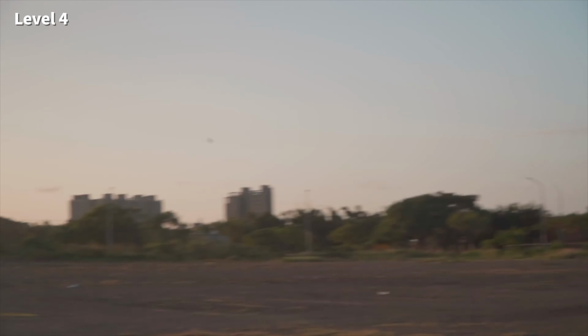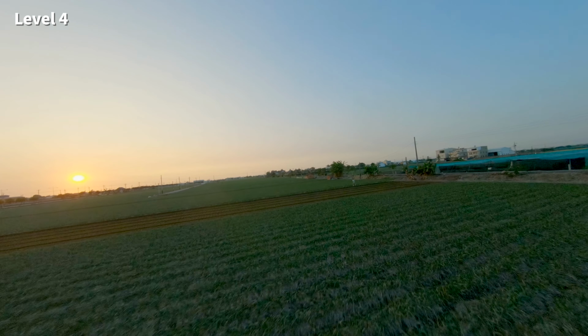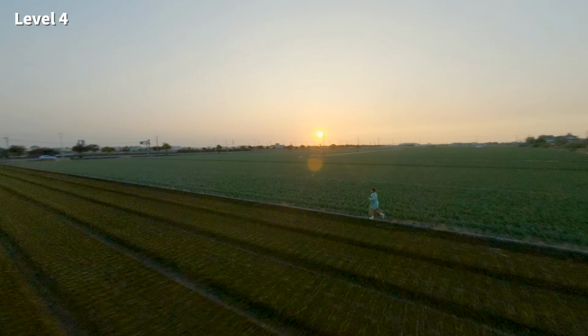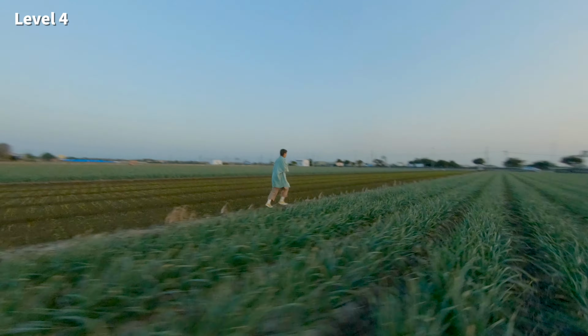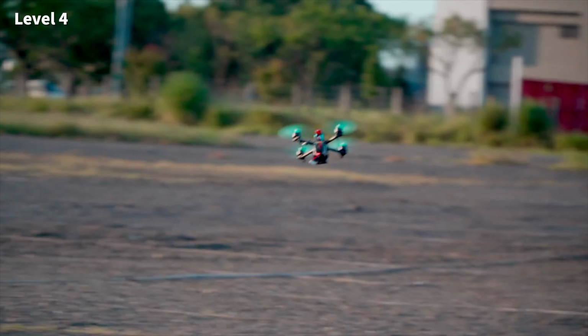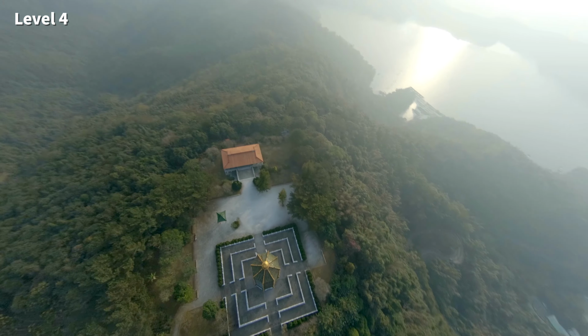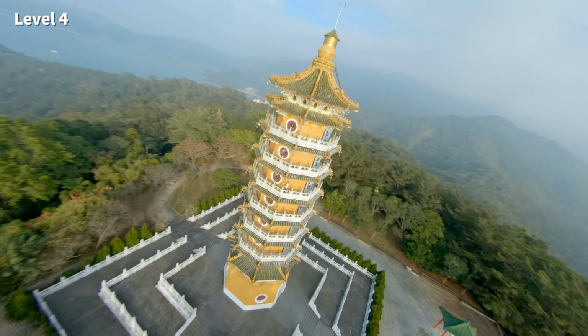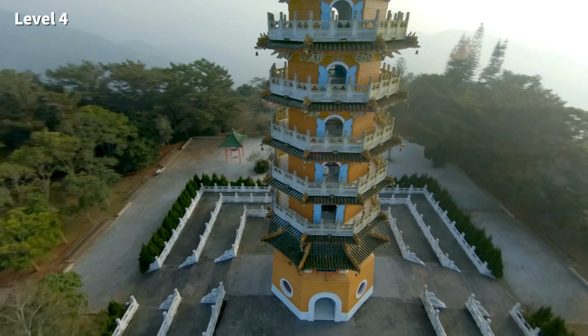On the speed side, FPV drone is much faster than the camera drones, so it's easy to quickly approach an object from a long distance without changing the video speed in post-production. And the throttle on FPV drone is a totally different design from a camera drone. You can shoot your drone to the sky like a rocket or let it free fall in the air. So it's possible to make some dynamic shots which a camera drone cannot do.